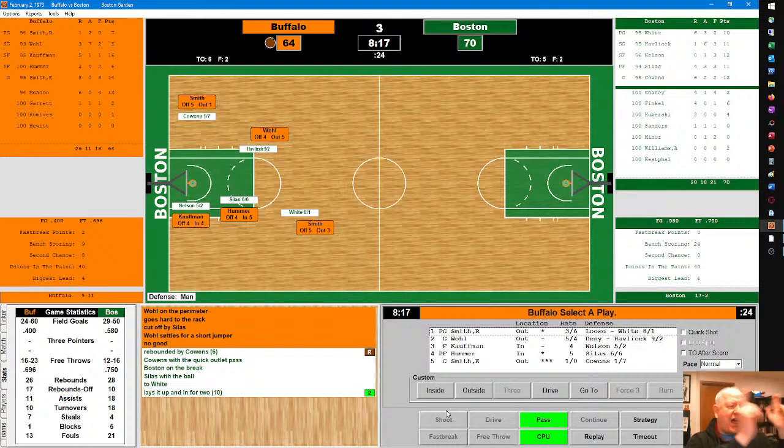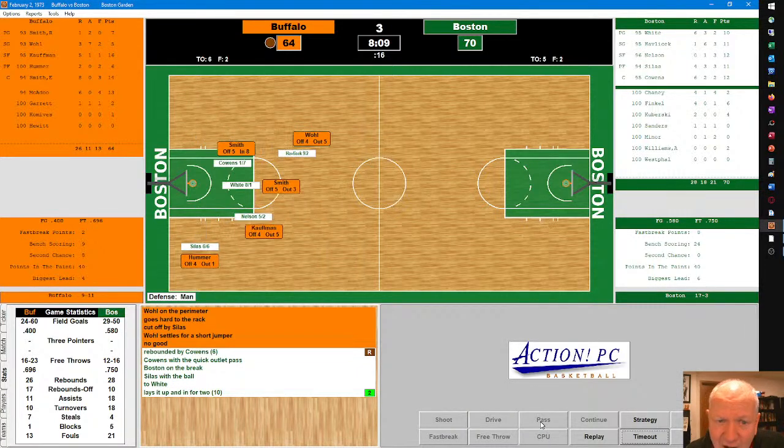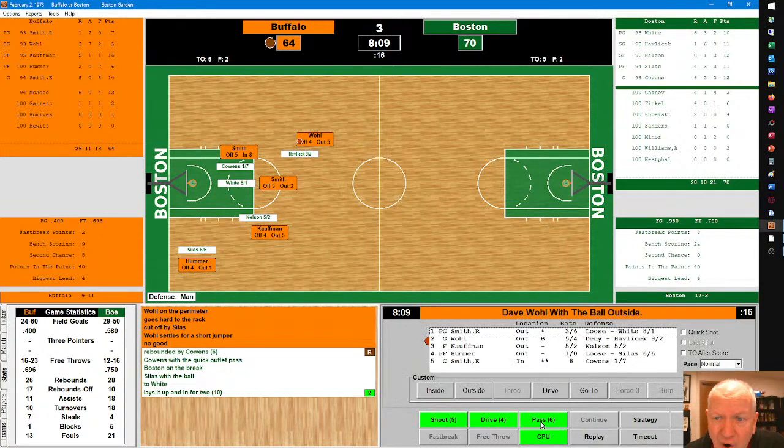As we say hello to Al, Red Sox fan in the chat room. Let's go Celtics, says Al. And the Celtics are on a run here. They have their biggest lead of the game, 70-64, against the very stubborn and pesky Buffalo Braves. 8 minutes to play in the third.